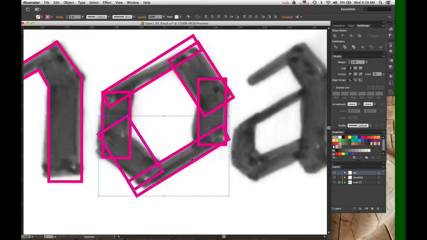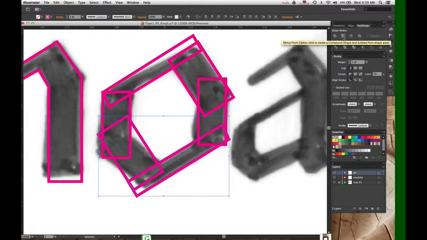So if you select something and you hold down Shift, it will select both of them. So select, hold down Shift, select another one, go to my Pathfinder. I have all of these operations here. And this one, we have Unite, where it takes two shapes that are touching and creates a single shape out of them.